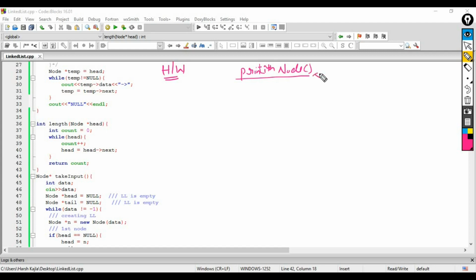And what will be our input? So the input will basically be the linked list. By linked list I mean the head pointer. And you will be given the index i. So suppose this is your linked list. Let's say 10, 12, 75 and 42. So if this is your linked list, the indexes are 0, 1, 2 and 3.